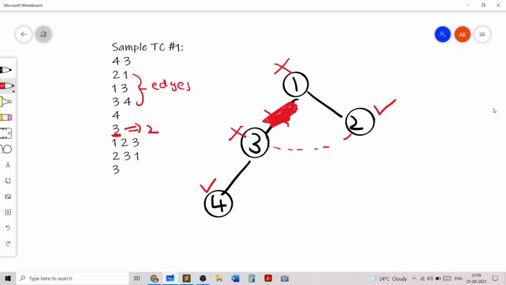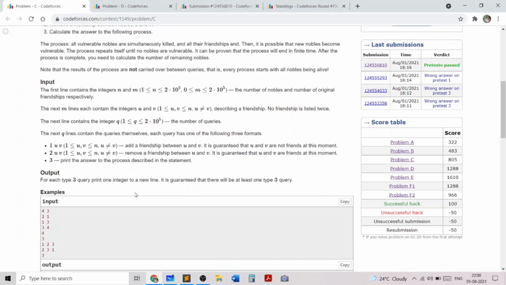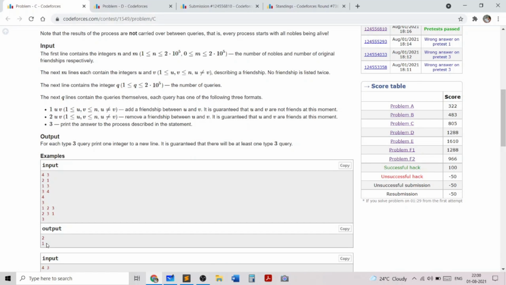So now you should notice that node 2 is no longer a valid node because node 2 has node 3 with a value greater than it. So that's why node 2 basically changes to a non-valid node, and that's why our answer is just 1 because only node 4 will be the valid node or the node which is left. And that's why our answer for the second query is just 1.